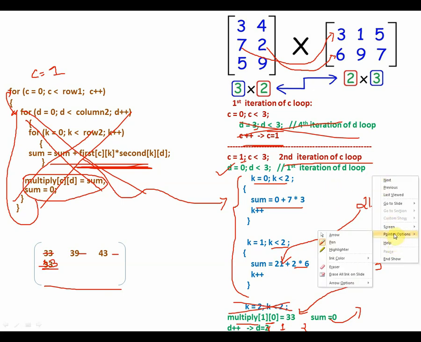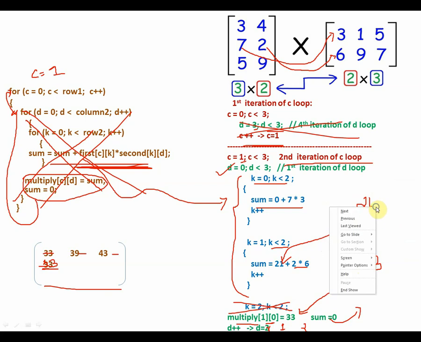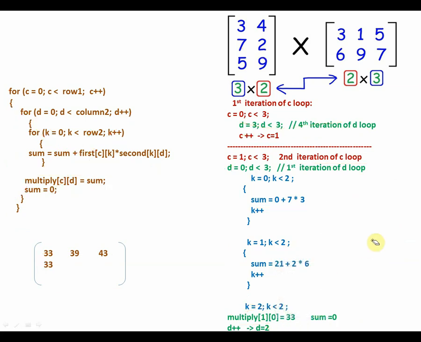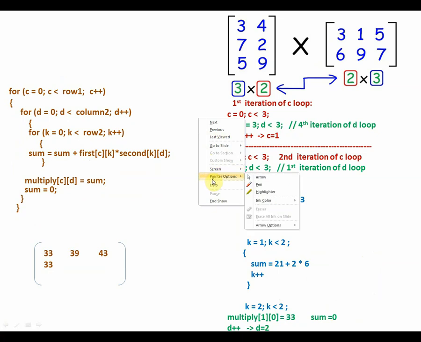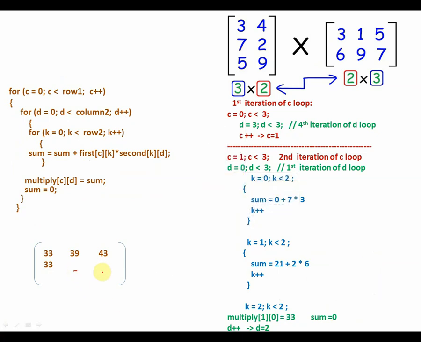I will clear everything so that it looks clear. So the other values, what you all can do is you all can try it out, trace it out by yourself and see how you get the other values. What I mean by other values is the few remaining elements, this, and the last row, this and this. Please try this out by yourself and see if you are getting it. Just remember, this is not 2, this is 1. So this is a slight mistake in the slide which is there.